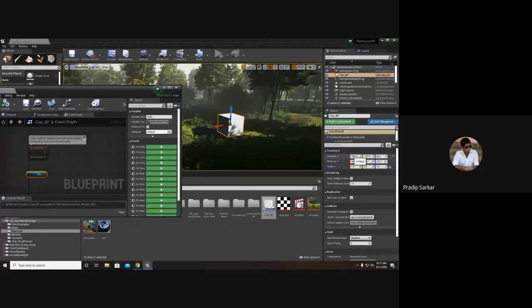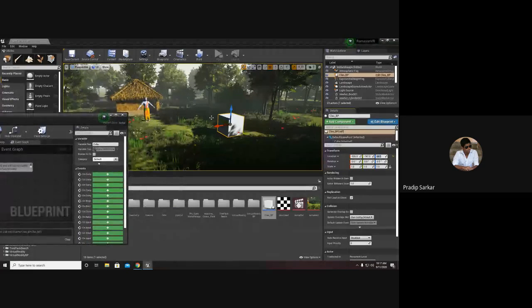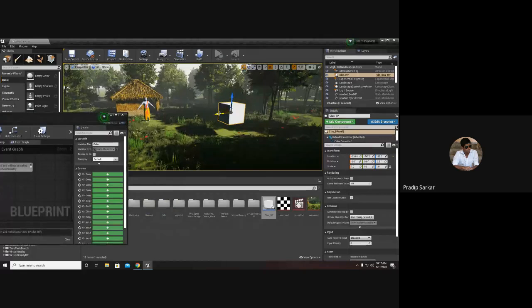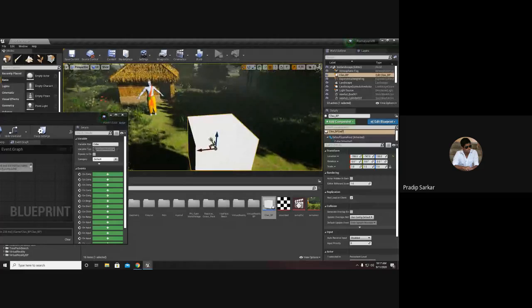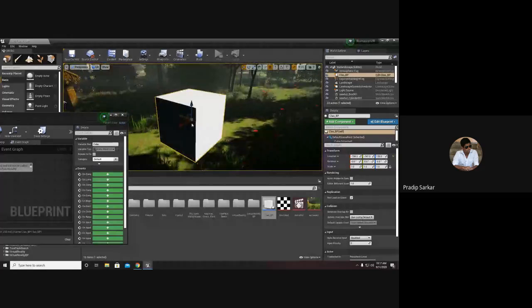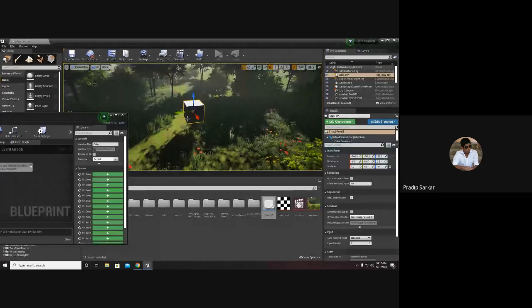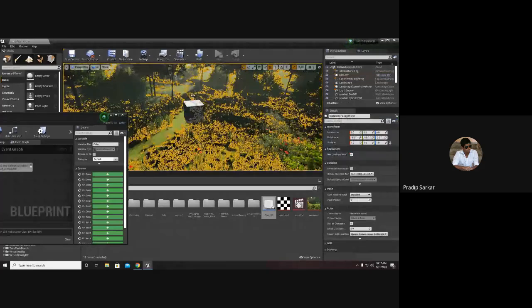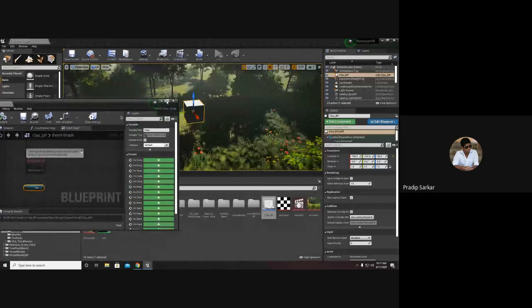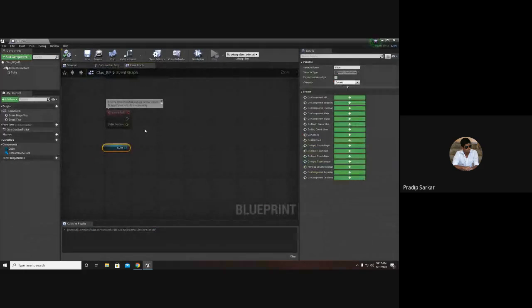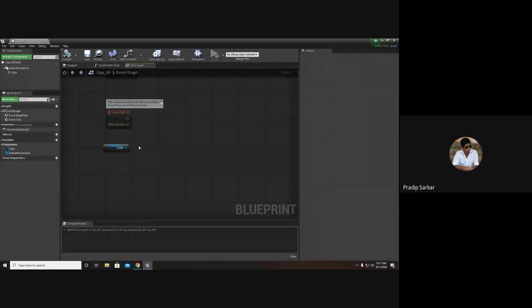That is, X is for red color, Y is for green color, and Z is for blue color. And in Unreal, Z is up direction, X is side, that is left side, and green is for front. So blue is up, red is left, and green is forward. So to move this cube, I have to set its location.